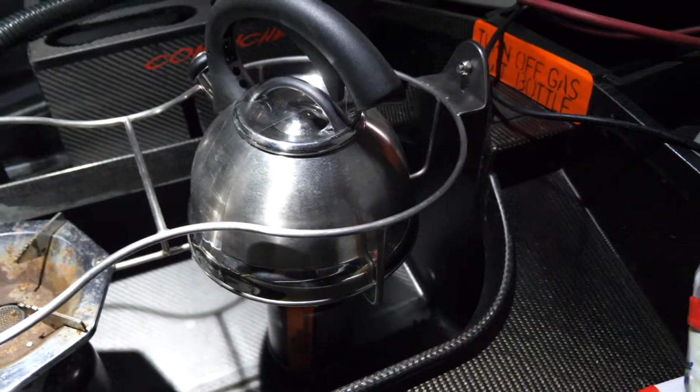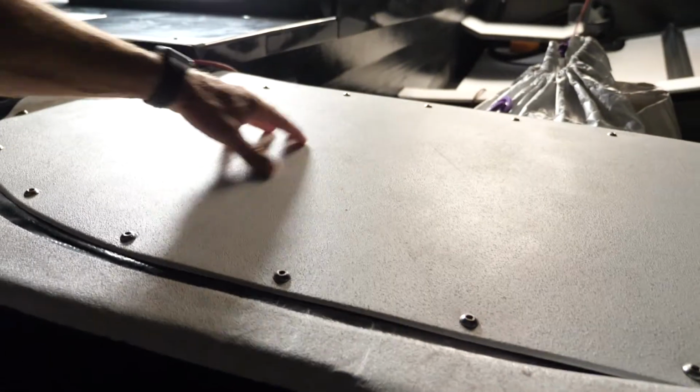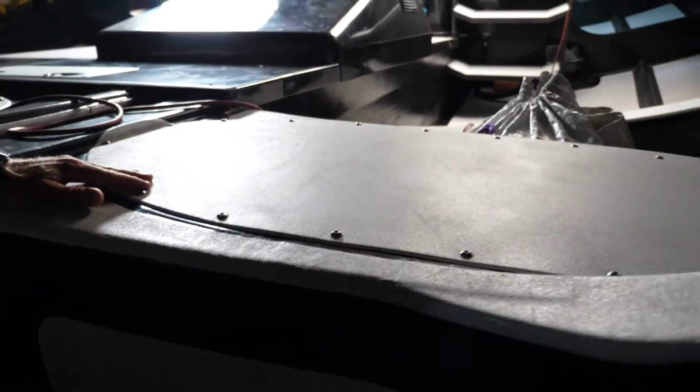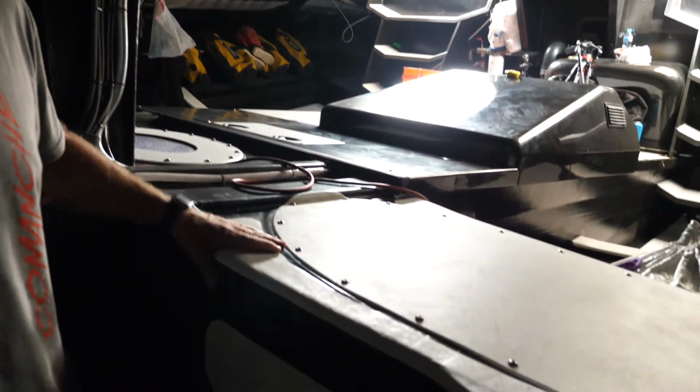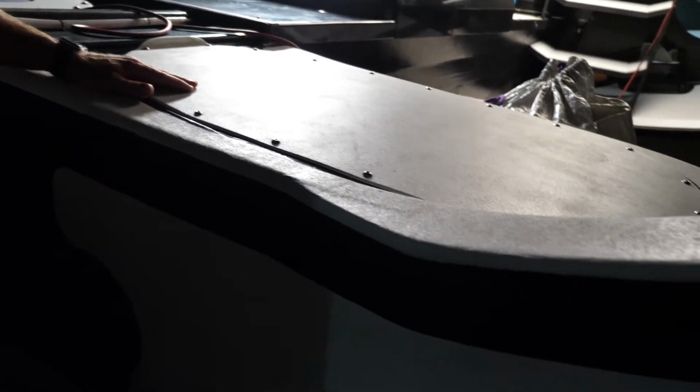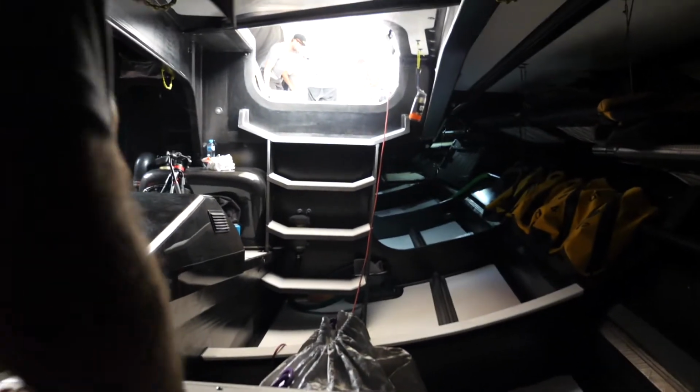As we make our way aft, more water ballast tanks, the big canting keel system. So underneath here are the big rams for the boat's canting keel system. This boat actually has a really bulletproof system on it. It has one big ram which drives the keel, and then it has this big safety cylinder on the other side which enables us to lock the keel if we ever had an issue. As we make our way aft,